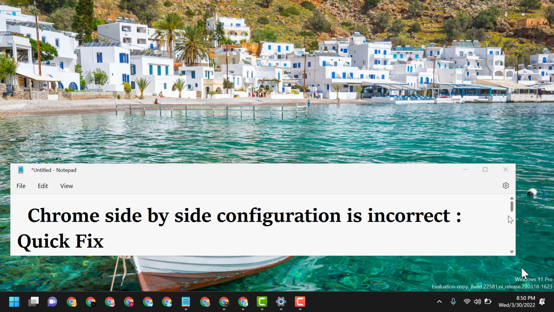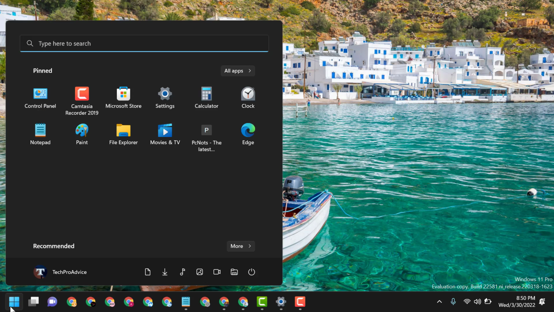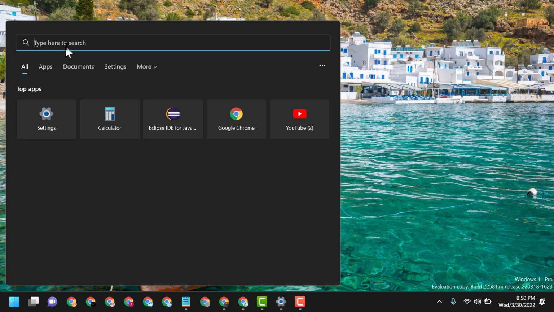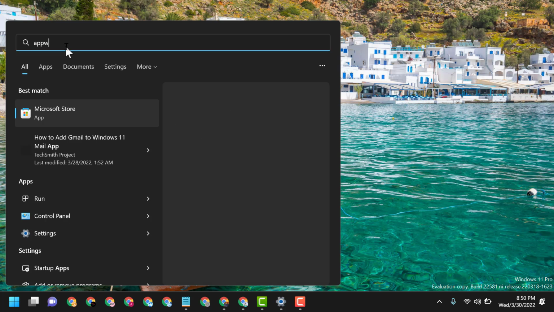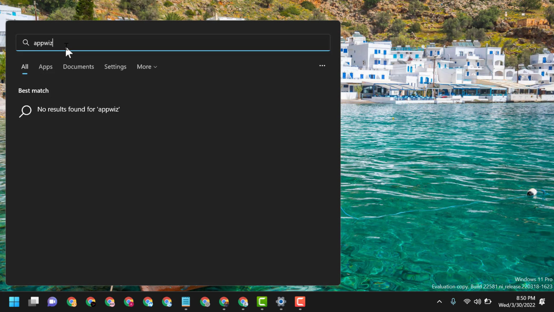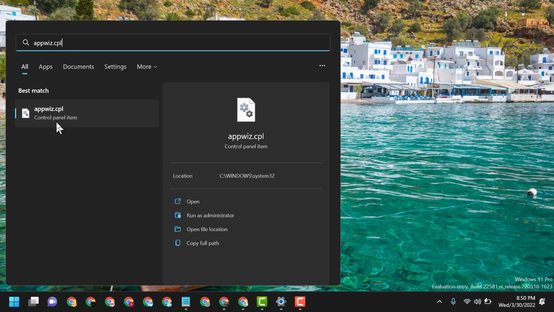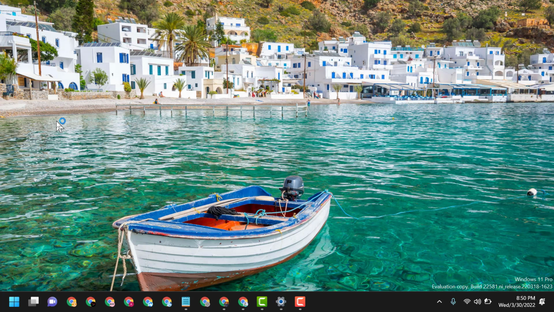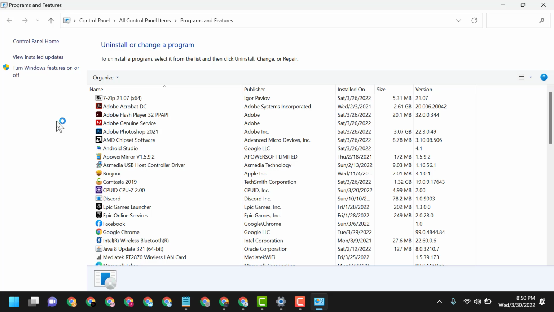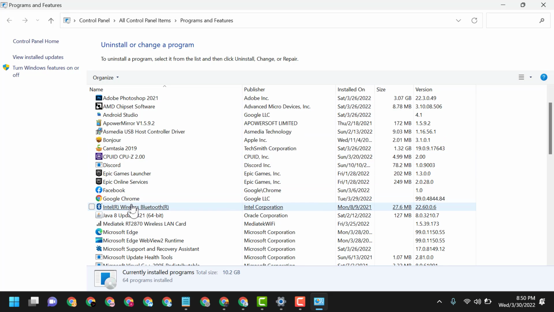So guys, to resolve this problem, firstly click on start. Now here type appwiz.cpl. Now open this setting. Now in this list guys, you have to click on Google Chrome,